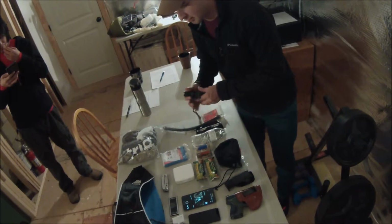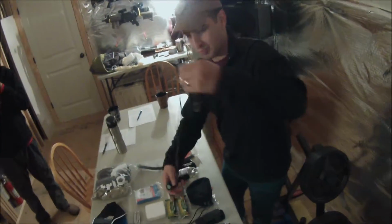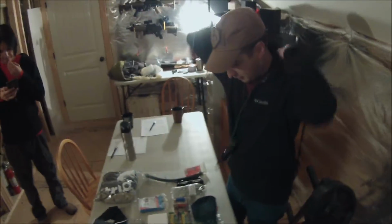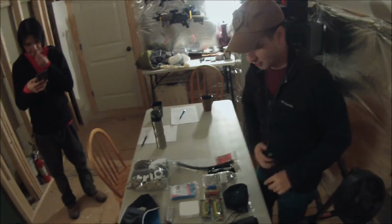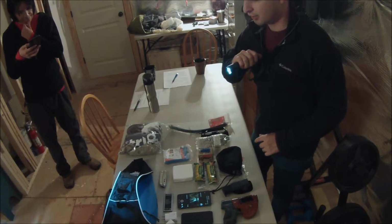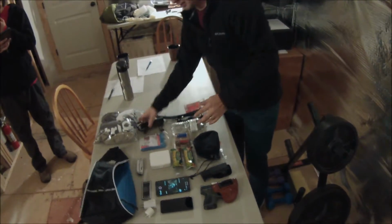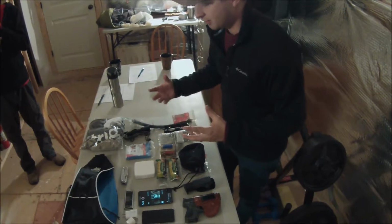I've always got a flashlight. I've used a 550 cord that I've tied around it. This is something you can put around your neck. That way you can handle things if need be. It's got a bright light if it's in the right setting. There we go. For rain gear, instead of having a jacket that you've got to compress, or you might